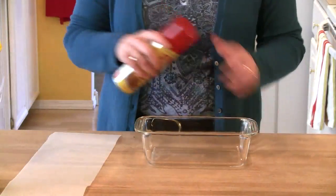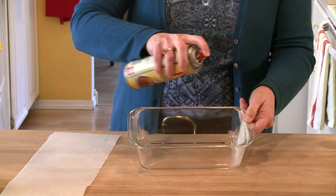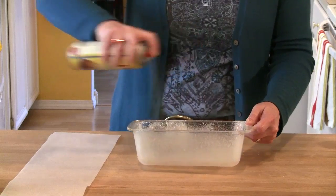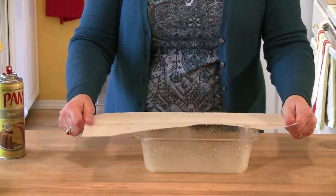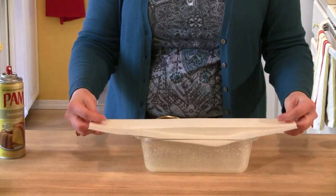Now next I'm going to take some baking spray and I'm going to spritz the inside of my loaf pan, sides and bottom. Now when you have your parchment, you can see it's a little wide for my pan. So what I'm going to do is I'm going to find the right width, and then I'm just going to